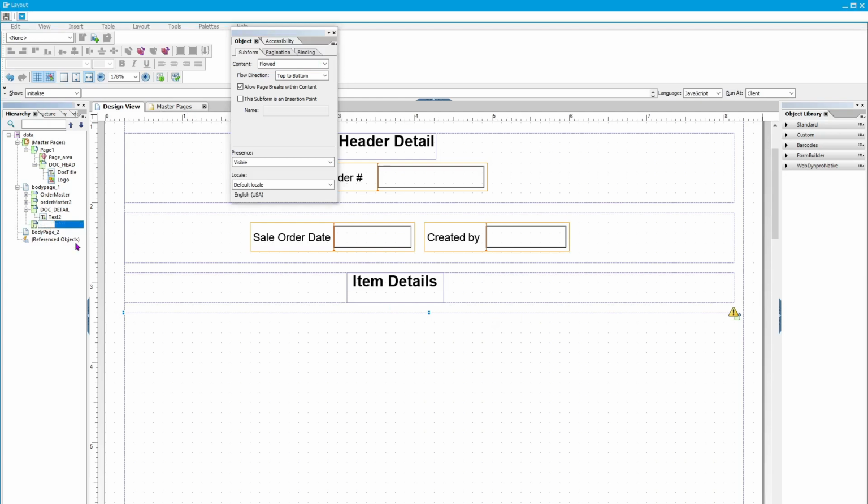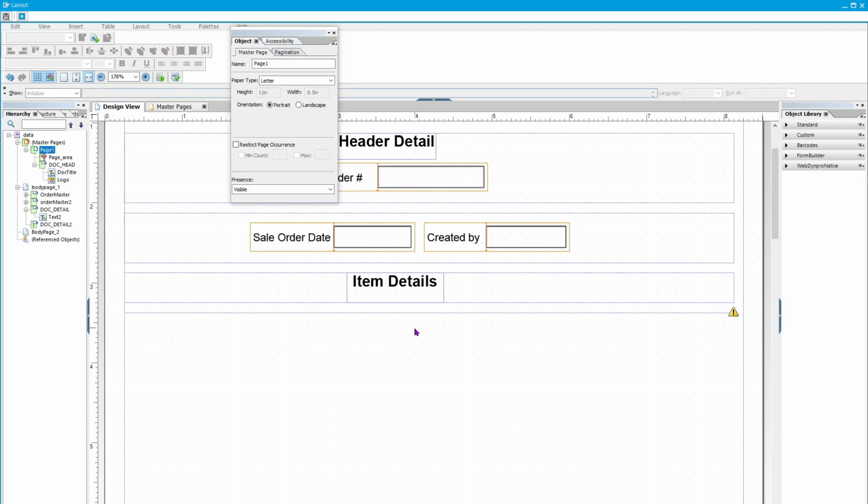So let's rename it doc detail 2, and now we have to insert three fields like item name, item quantity, and item amount, as we have discussed earlier. For this we have to perform some steps, and we have to just save this layout till now,